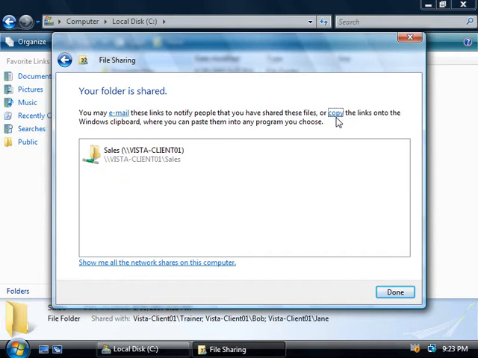Now, for those of you that aren't up to speed with accessing shares, the way you do it is like this. Now, at the top here in this black text, we can see that the share name is Sales, and it's on a folder on Vista Client 01, which is the host name of this computer. However, this presumably has just been put here for readability purposes, since the way you access a share is exactly the way you see it underneath, with our double slash followed by the host name or the IP address of the computer, followed by the share name. And this is referred to as a UNC path. All right, so if we click on the Done button here,